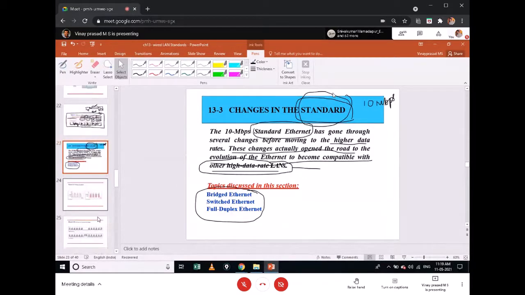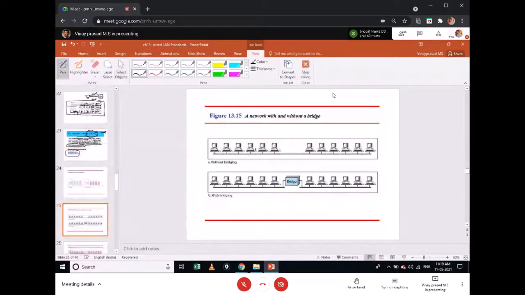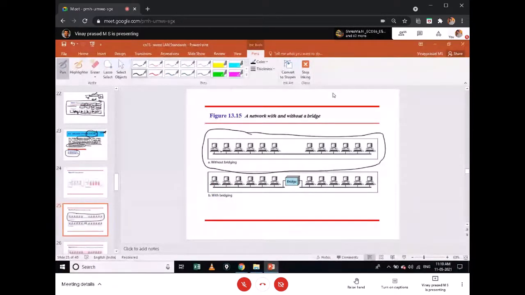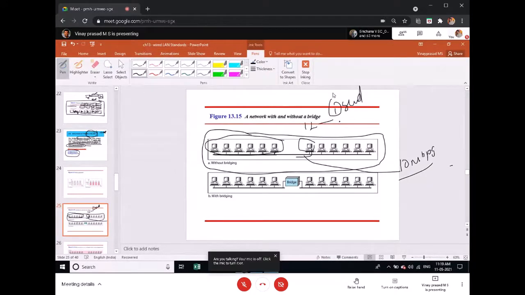So what I would like to say here is that initially we were using standard Ethernet, and we started with a bus topology. Okay, this would be your thick net, and all these were thin net. The backbone cable would have a bandwidth of 10 Mbps. We said that in this broadcast link, among these stations, only one station has to send its data. Let us say here there are 12. Out of 12, only one should send data, and all others should refrain and not send their data at the same time.